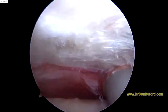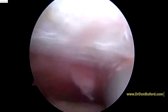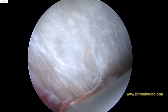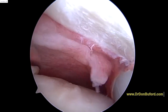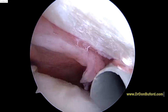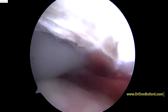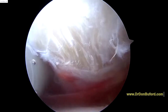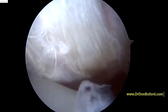I just wanted to show you before we do anything else, this is what the undersurface of the coracoacromial ligament looks like when there's been ongoing impingement. It's one of the things we look for before deciding to do a decompression. If somebody's symptomatic, of course, we can see some redness in the synovial tissue here. But then as we track this coracoacromial ligament down here, we can see how the undersurface of it has been scuffed up a bit,